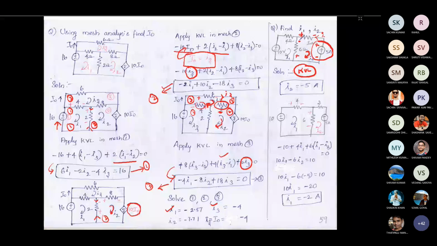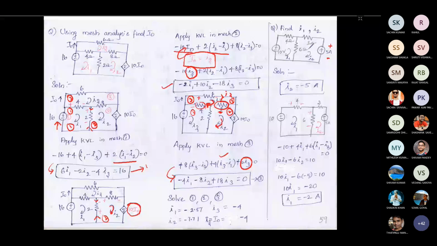In the common branch the current will be different, but in this same branch, the current flowing through the 3 ohm resistor will be 5 ampere. Similarly, the current entering here will be 5 ampere. Let us draw it. The only difference in this circuit is that here we cannot apply KVL. Why? Because we have a current source here. It is not possible to find the voltage across it, because we should know the voltage across this terminal, and only then can we find the voltage across this current source. So you cannot directly apply KVL here.